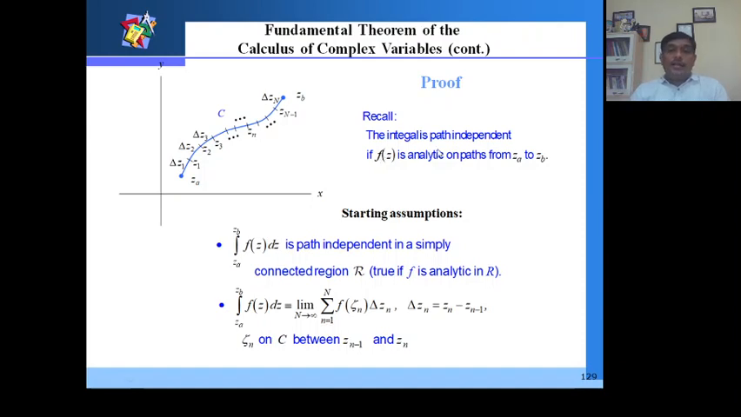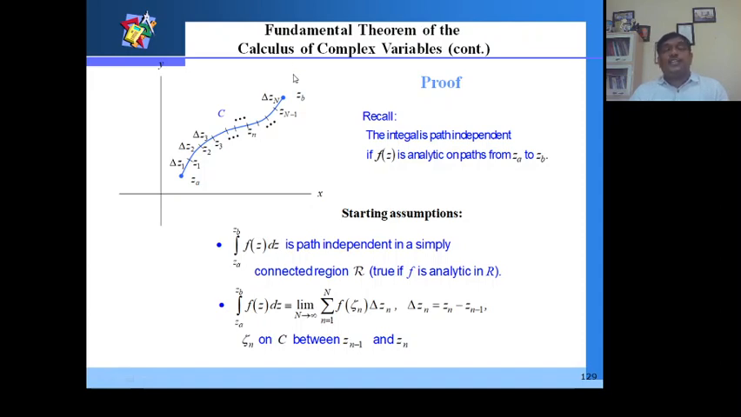Here, the integral is path independent. We already observed this in the previous slides. If f of z is analytic on paths from za to zb, under the assumption that the integral from za to zb of f of z dz is path independent, the region is simply connected, and f is analytic in the region R, then the integral from za to zb of f of z dz is equivalent to a